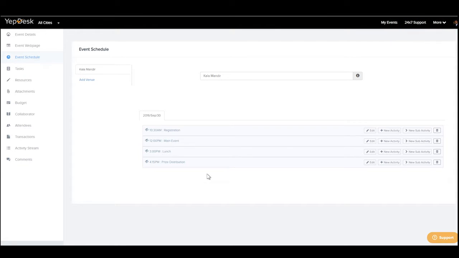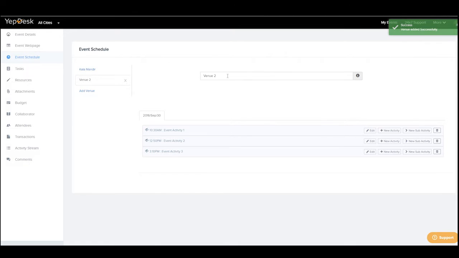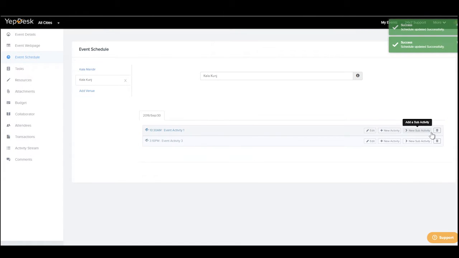But YepDesk does not stop over here. As you can see, I have kept the venue as Kalamandir. But what if we have multiple events or activities happening in your event in multiple venues? Well, YepDesk has a solution for that as well. Click on add venue and say I'm having another event in a place called Kala Kunj, and I can add activities over here. So I can delete the activities because I'll just have one activity over here, and I will say